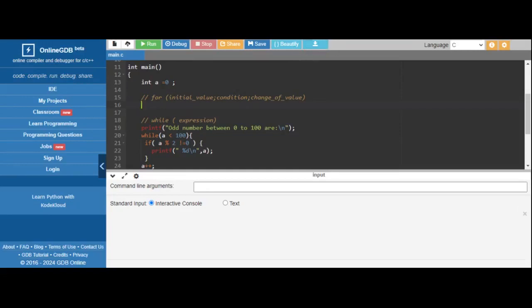A for loop has three parts. This is the format of a for loop, how you will be writing it within braces: the initial value, if you want to have one, then the condition, and then the change of values. But with a while, you will only have an expression or a condition inside the while. So you will not have an initial value or the other parts. Here, if you want to take a for loop example,